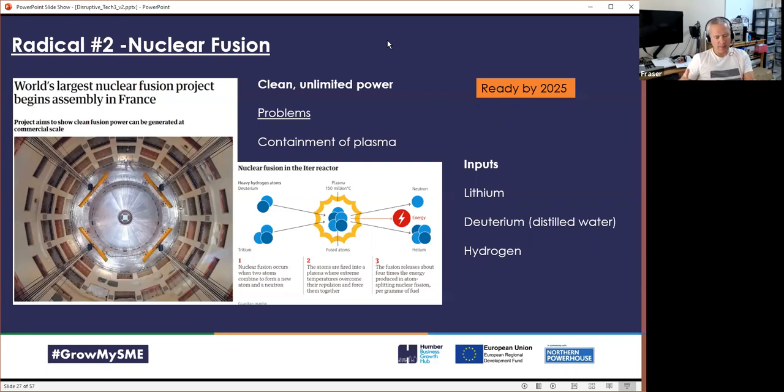So the implication for fusion, of course, is that it disrupts our plans for renewable energy, like wind and wave and solar. And it could well be that we've got an abundance of cheap, relatively safe electricity, which, again, might fuel some kind of disruption in the adoption of electric vehicles and so on. So nuclear is definitely one to keep an eye on.